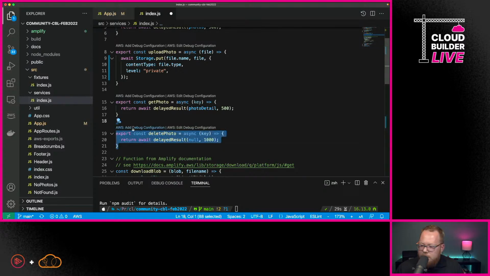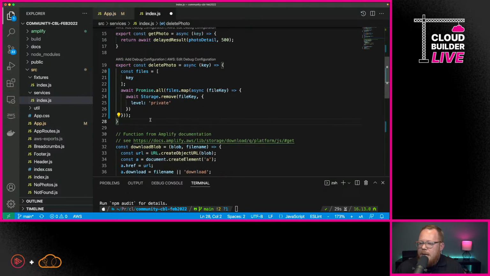And all of these work pretty much the same. Now, if you look at this, and I realize not all of you here are JavaScript developers, you might look at this and say, David, this is a little strange. Why are you creating an array with one file and then looping over that one item in the array to delete it? Well, I'll let you in on a little secret.